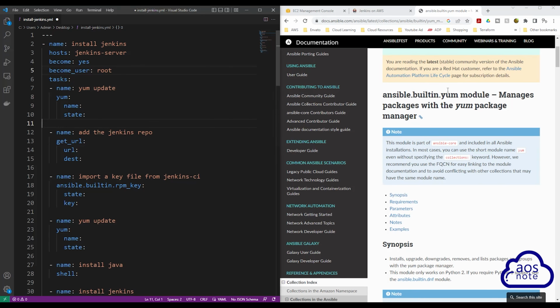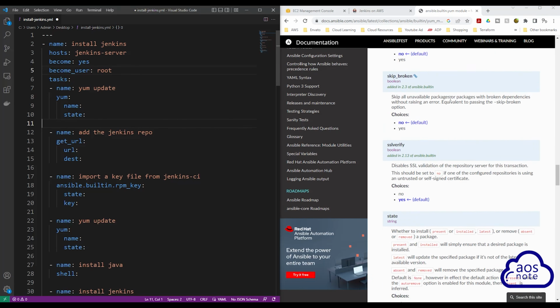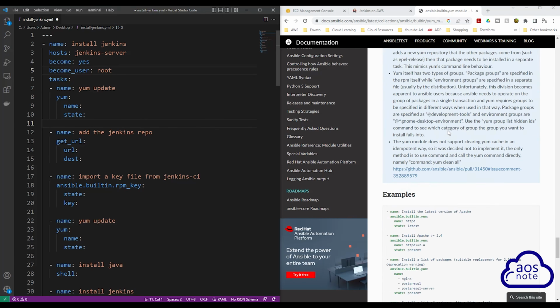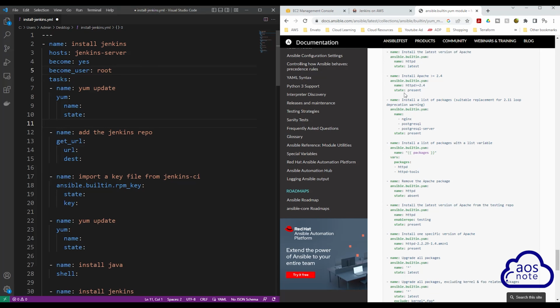Once you have found the Ansible module you are looking for, what I always do is scroll all the way down to the examples. So here, these are the examples that show you how to use the Yum module. You can see for the first task, this Ansible module will install the latest version of Apache. And here, they have the name of the task, the module they are using, which is Yum. Then they have the parameter name and state. If we scroll down here,